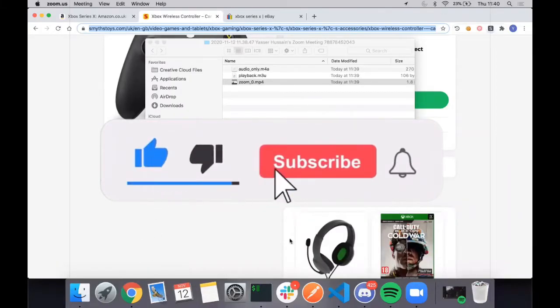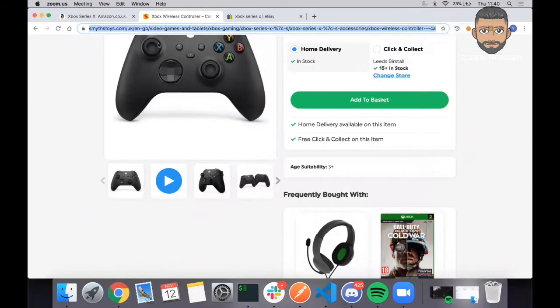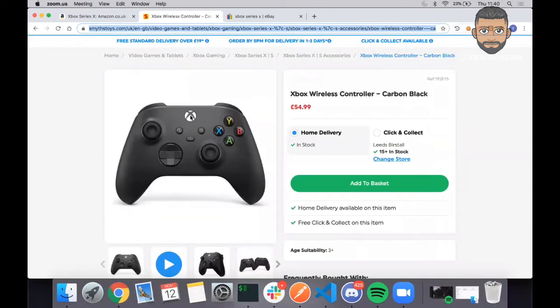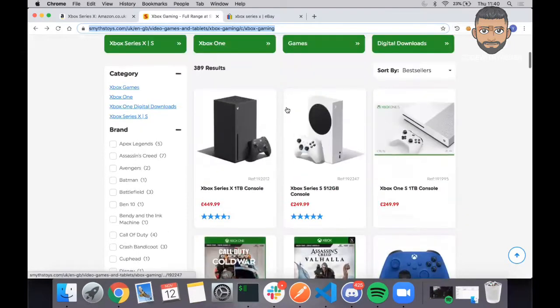Hello guys, today is November the 12th and Xbox was released. Unfortunately, it's out of stock everywhere. Luckily, I got myself an Xbox Series X,